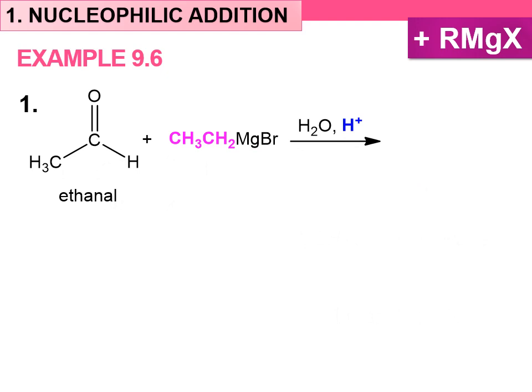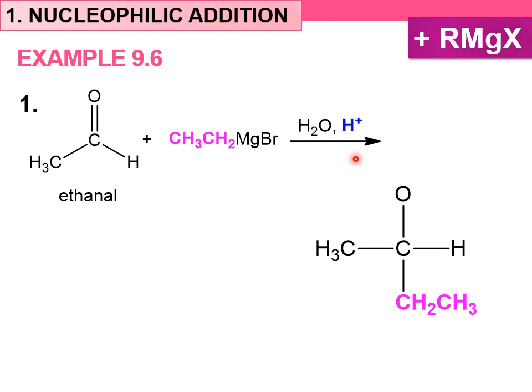Okay, so nucleophilic addition for the third type of reaction is involving a Grignard reagent, meaning that we have seen this reaction for the third time now. The first time in chapter 7 when we were making the Grignard reagent, and the second time when we were forming the alcohol in chapter 8. And now in chapter 9 we are looking at how carbonyl compound reacts with Grignard reagent together with the condition H2O and H+, to get